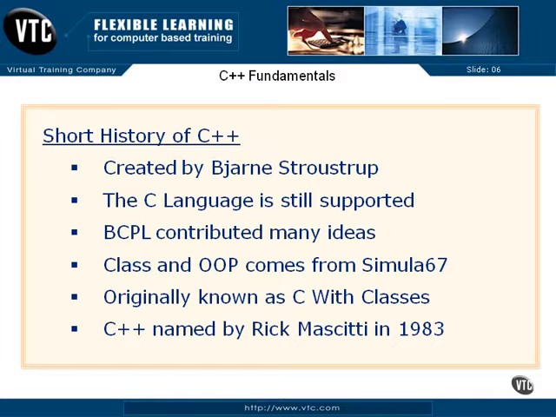The C++ name was put on the language by Rick Mascitti in 1983. It is the post-increment operator that we know from C. So this says that C++ is one better than C, an incremental increase over the C language. The language that we're going to learn about is not named D because it is not an entirely new language. It is C incremented, post-incremented.